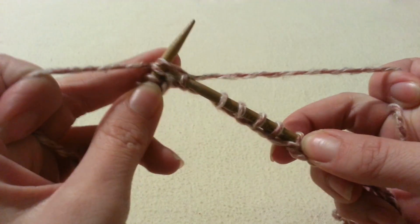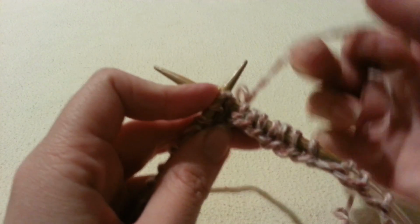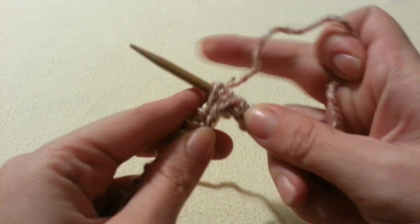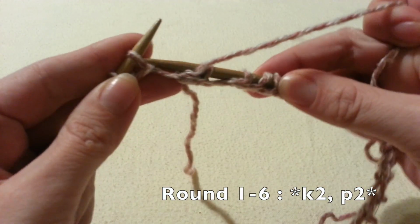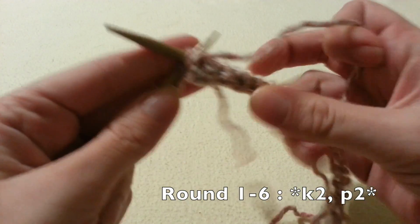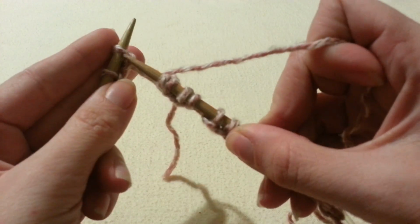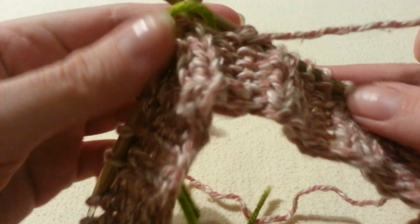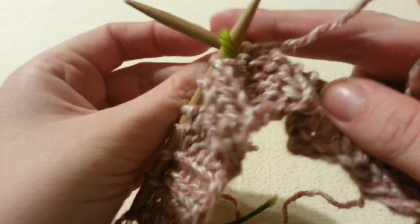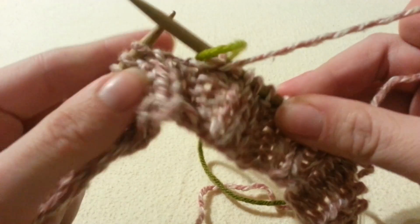For rounds 1 through 6, we're going to begin a 2x2 ribbed pattern. So we're going to knit 2 and purl 2 all the way around. And we're going to do this for 6 rounds. But of course you can do as many rounds as you would like for this pattern. Alright, now that our rib section is completed, just move your stitch marker, and we are going to begin our